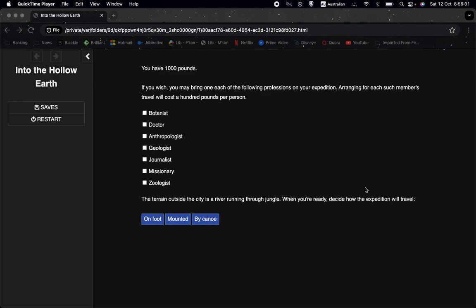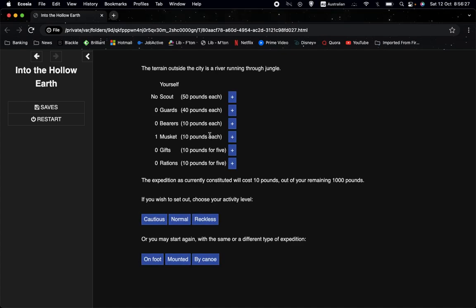So this screen is the same as in previous videos. We have a list of people we can decide to take with us, and it says the terrain outside the city is, in this case, a river running through jungle, and we get to decide whether we want to go on foot, mounted or by canoe once we've picked those, if we want any of them. So let's say on foot because it's simplest, and when we set out, which I'm going to do without buying any of this just so I can show you more quickly,